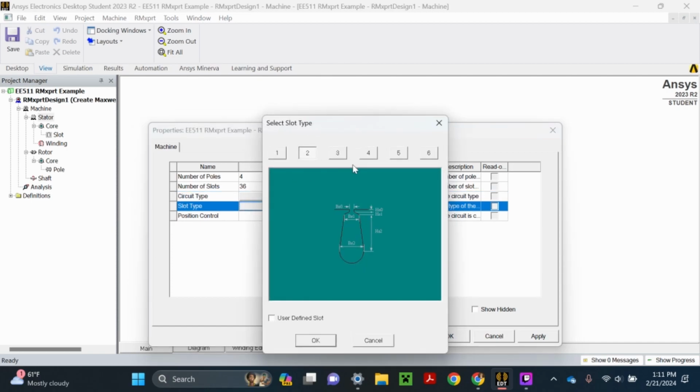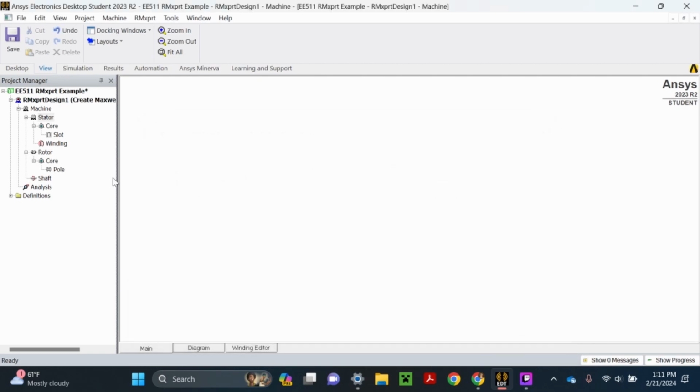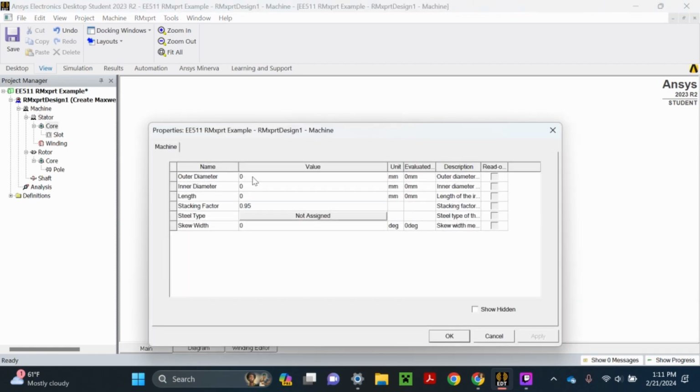And then you can choose the type of slot that the stator will have. So I'm going to choose this rectangular slot, and I'm not going to click position control, apply, and then I'm going to go into core,